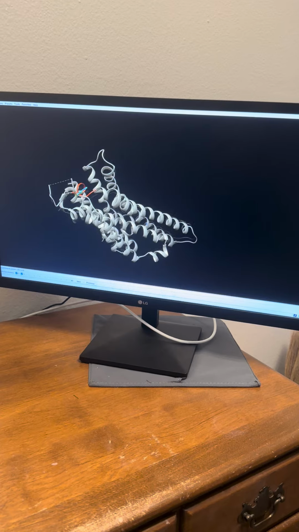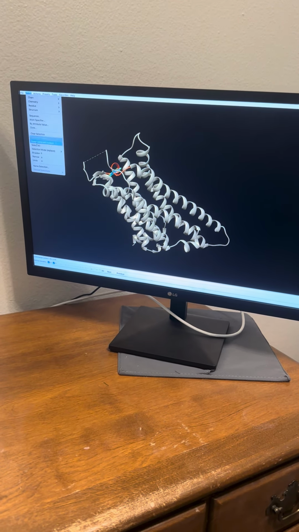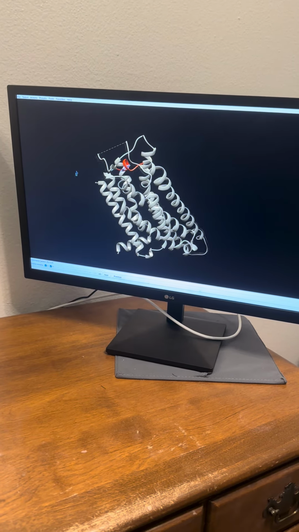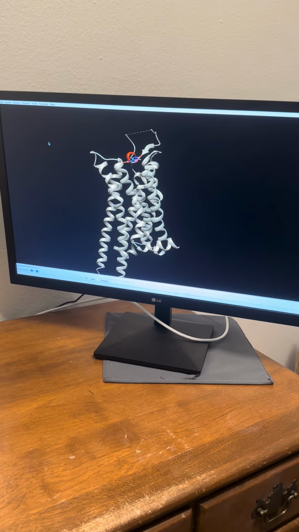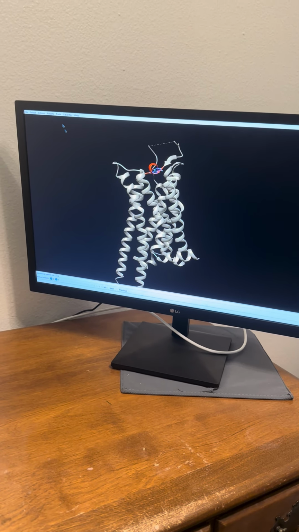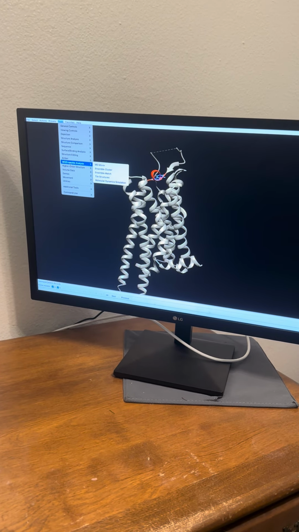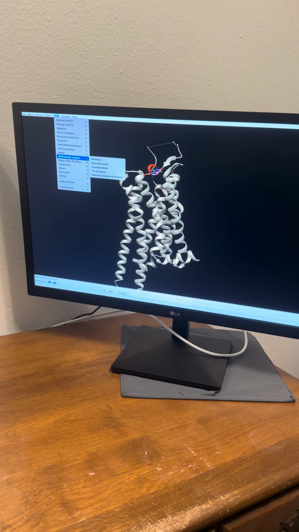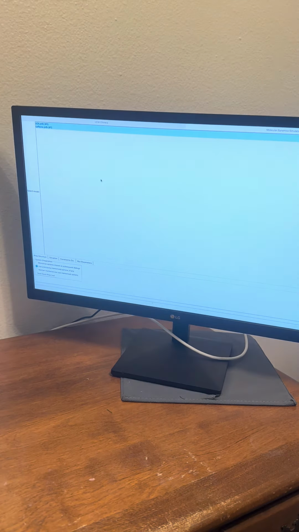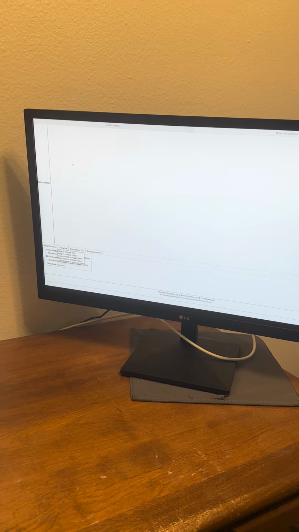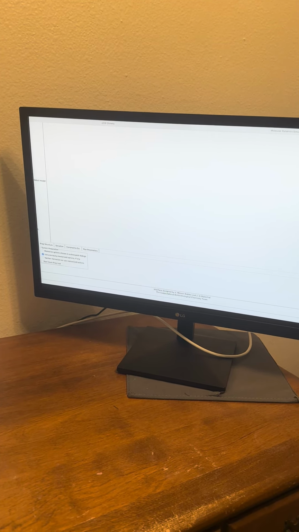So the next thing I'm going to do is go to Select, then Clear Selection, so that I remove the highlight from the small molecule. Then the next thing will be to carry out the molecular dynamics simulation. I'm going to go to Molecular Dynamics Ensemble Analysis, and then click on Molecular Dynamics Simulation. Once I click on Molecular Dynamics Simulation, under Select Module,